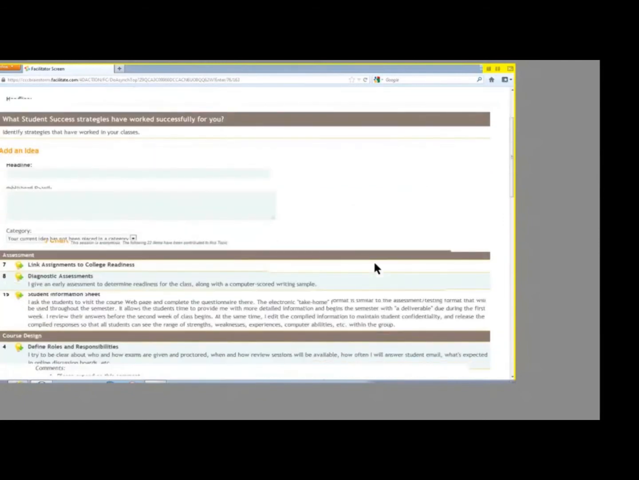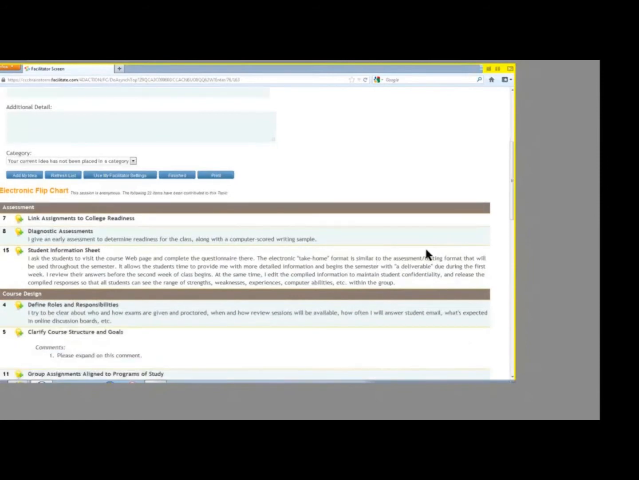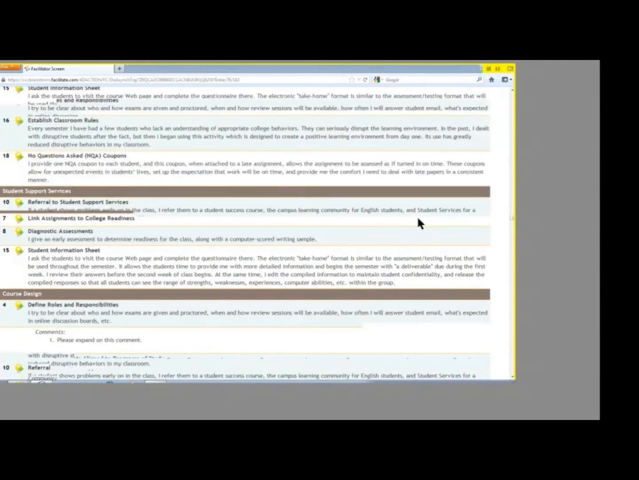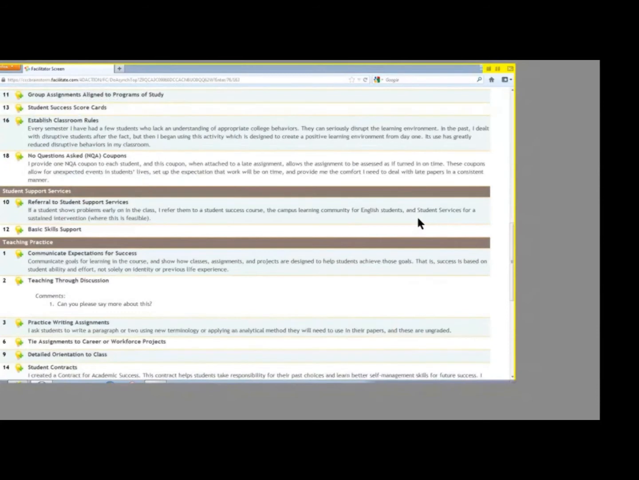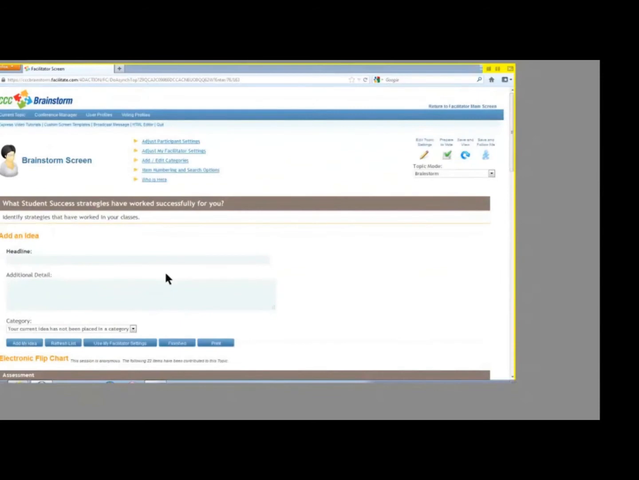And let's scroll down, and you'll see that there have been a lot of ideas added to this session. And they've already been categorized into assessment, course design, student support services, and teaching practices. And you'll also notice that some of the participants have added a lot of detail, and some of the ideas have comments that have been added to them. So I want to return to the main screen,